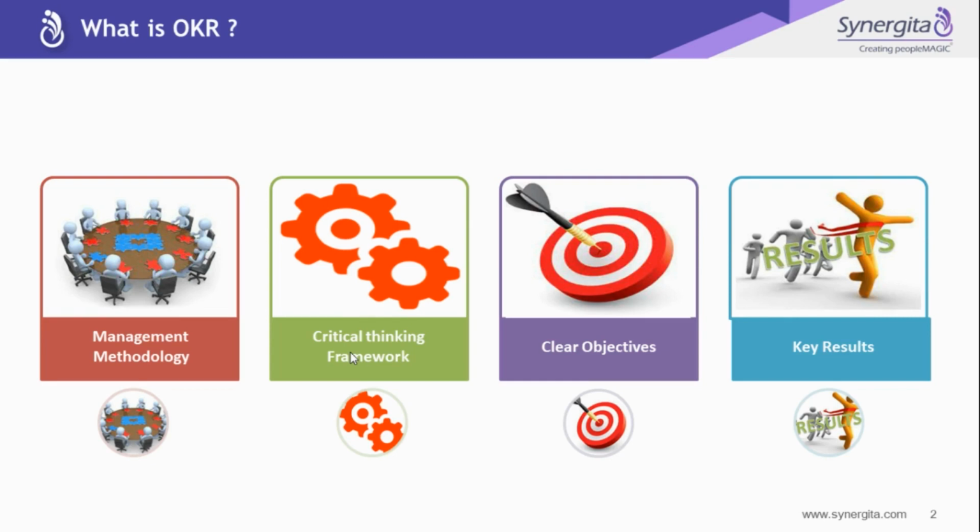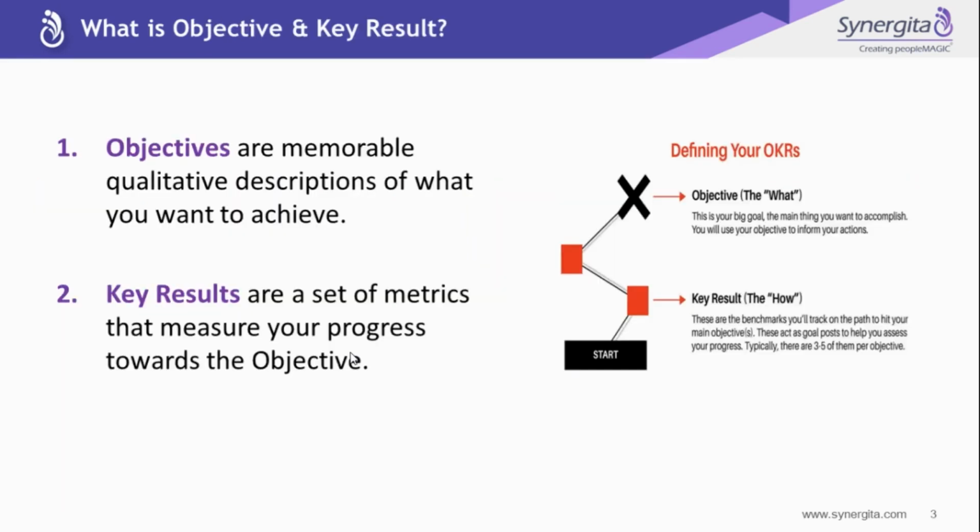And OKR has been in the industry for several years. Many top tier companies like Intel, Google have been using it effectively to grow their business, but it is catching up quite a bit of traction in the recent days, mainly because of the appeal, simplicity, and highly effective results. And all along, companies have used several methodologies to tackle the problem of aligning company objectives to drive their execution as well. What are all the components of OKR?